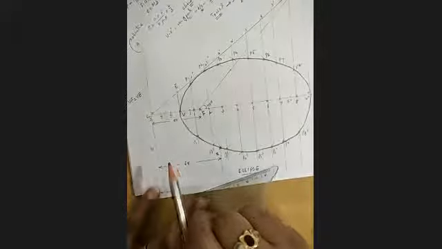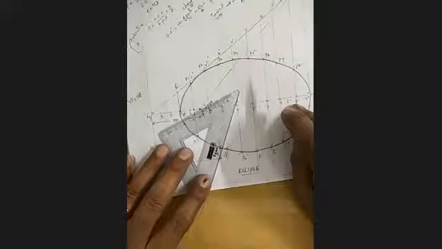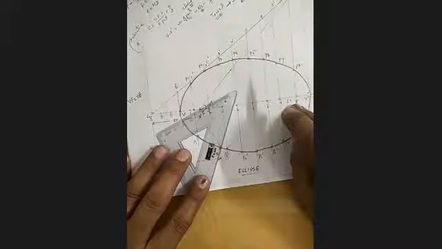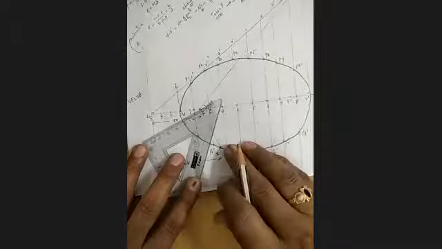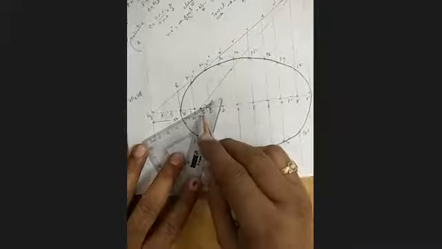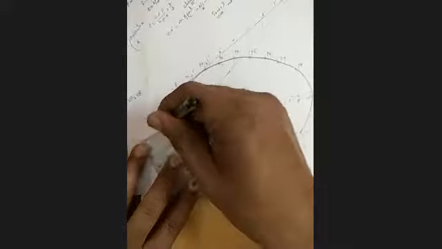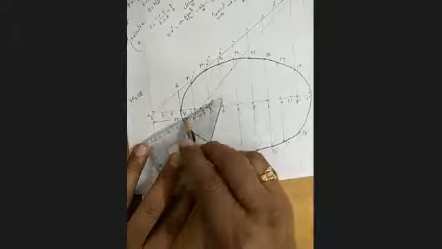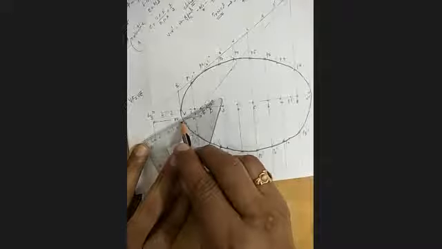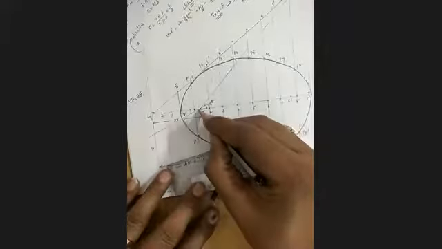Any doubt? Now listen carefully. Keep your mini drafter parallel to the XF line. Parallel to which line? The X and F line. This is parallel. Draw the perpendicular line. Be careful, this is the perpendicular one. If you keep this side parallel, this side is perpendicular. What is the relation? 90 degrees.